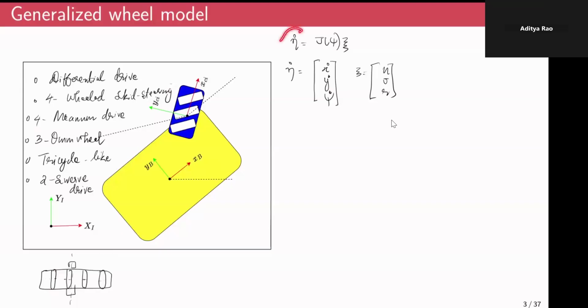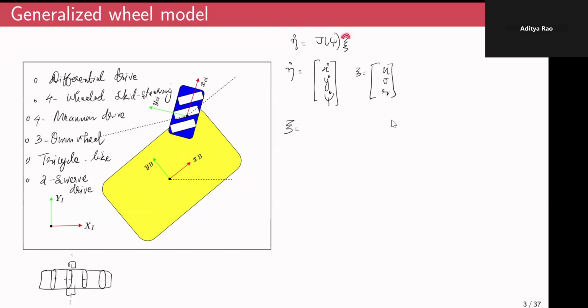But as you can see, this is a very general mapping. It does not have anything to do with what sort of wheel a robot has, or how many wheels a robot has, or whether it has passive rollers or whether it is a conventional wheel. This has nothing to do with the wheel configuration, right? Because it is applicable to any robot configuration. But we are interested to find one more step, right? So in this class, we find a relation